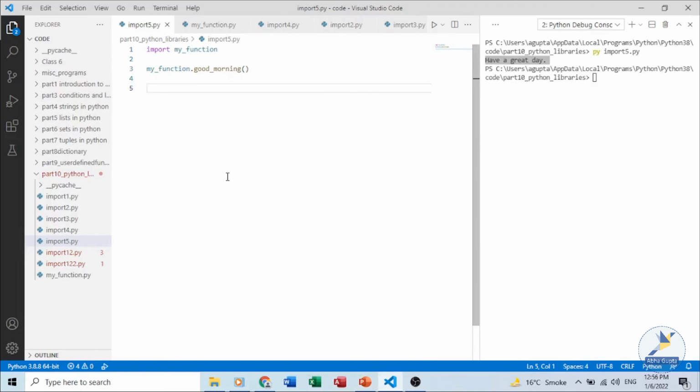When we import a module, the Python interpreter searches the module in the current directory. If it is not found, then it searches each directory in the shell variable Python path, which is an environment variable, and if it fails to look for the particular module, then it checks the default path.